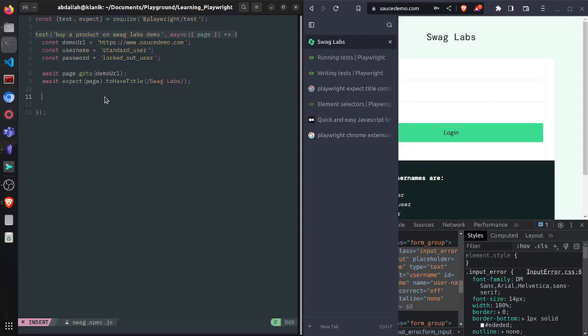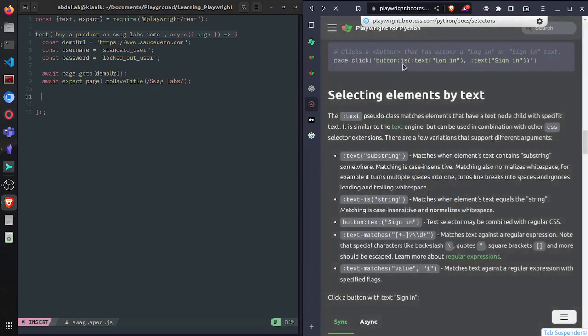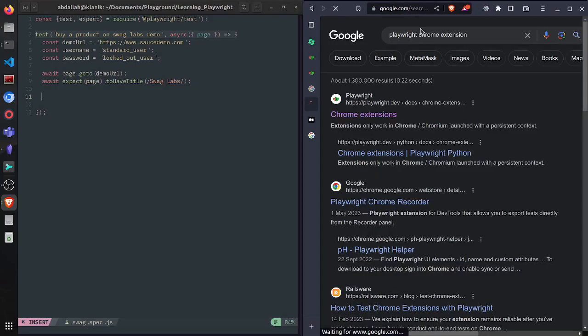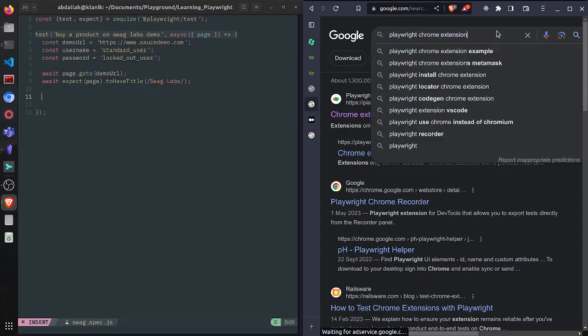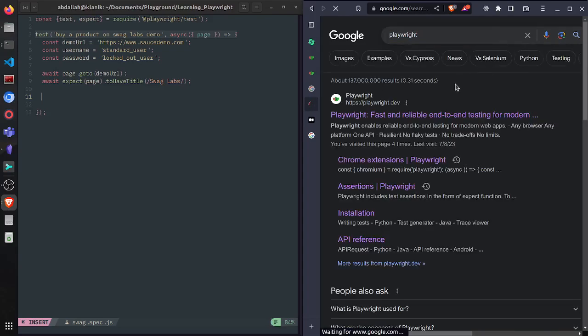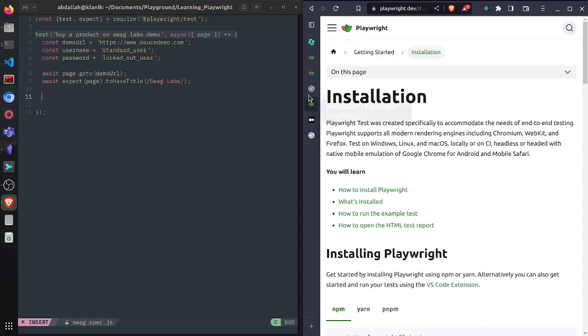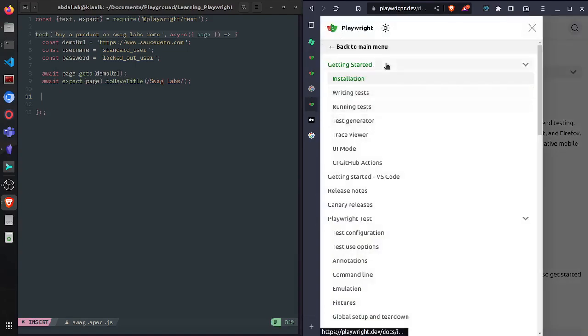Okay, let's use it. So you use the selectors. Let's just go on the Playwright official site. So you can even test Chrome extensions, by the way, so it's very powerful. I'm not sure you could do it with Selenium. Get started. So right now we will just be going to